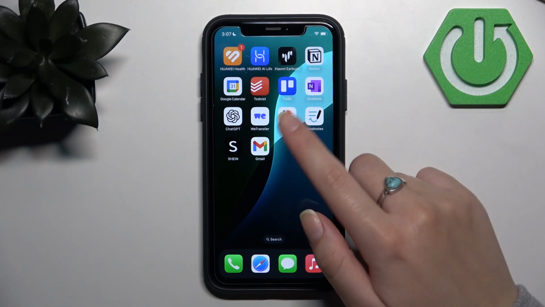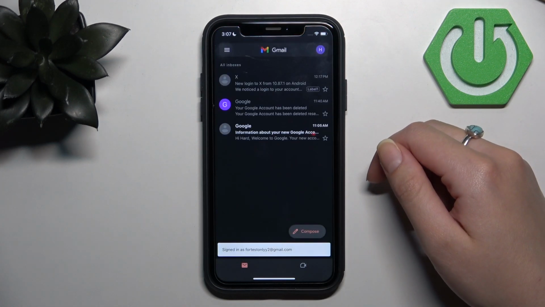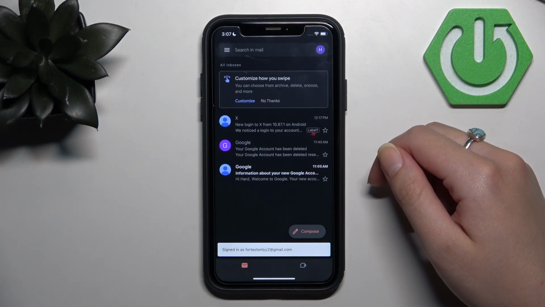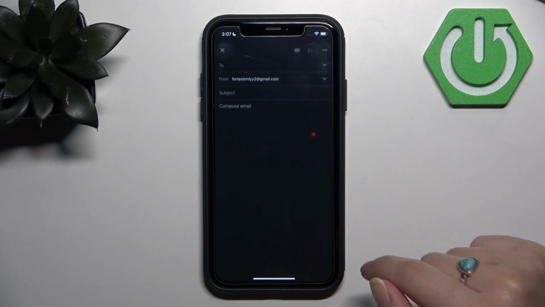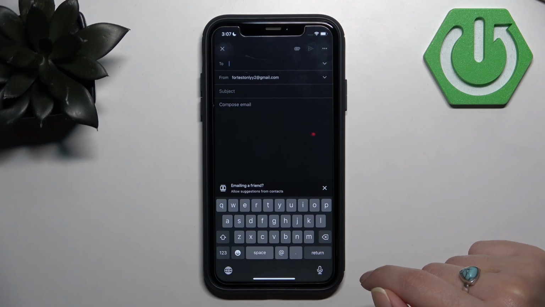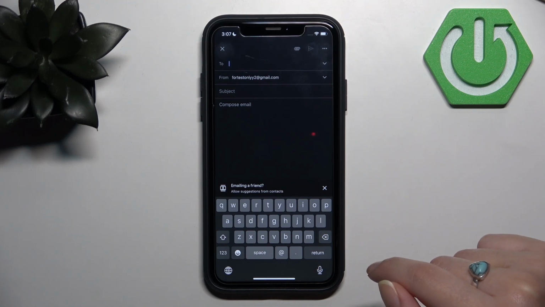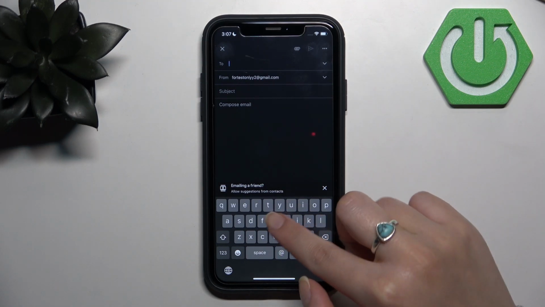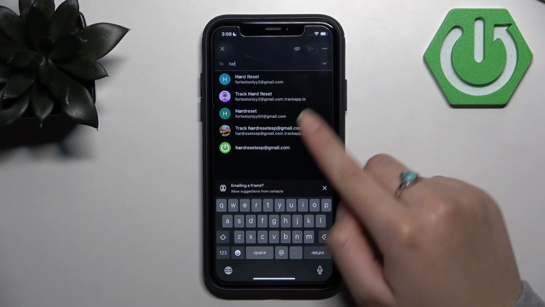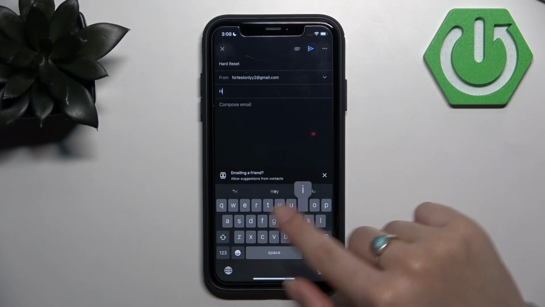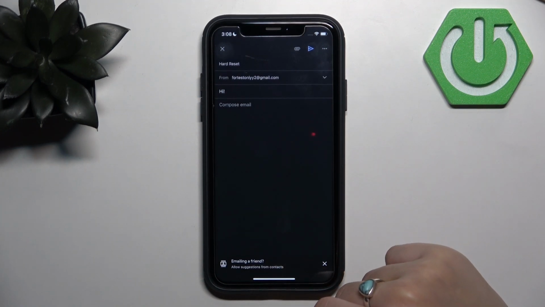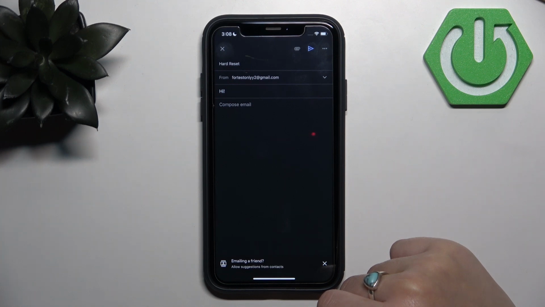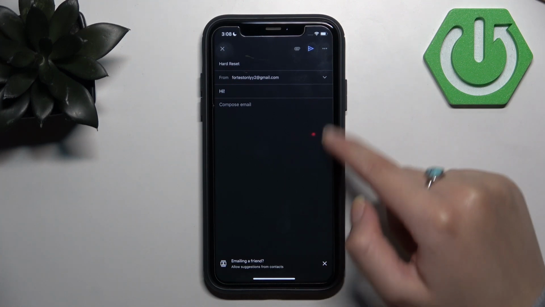Okay, so let's open Gmail on the device firstly, and let's pretend that I write an email. To do that, I need to click this pen icon, and let's assume that I write a real letter to someone. Let's do it this way. Okay, so when you wrote your email, you need to click send button to send your email to someone, and